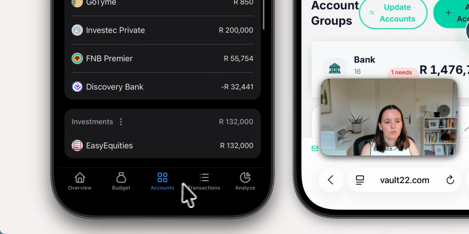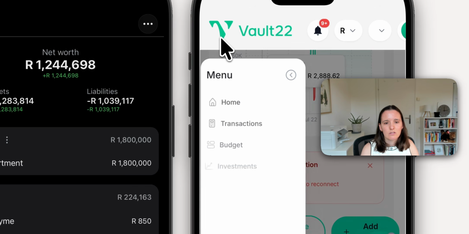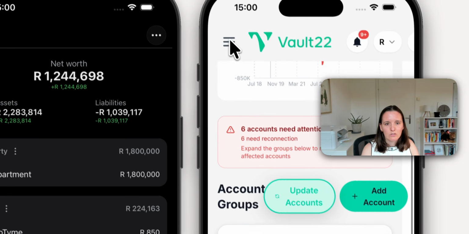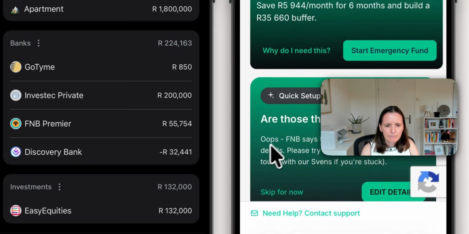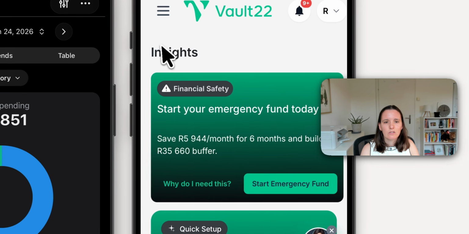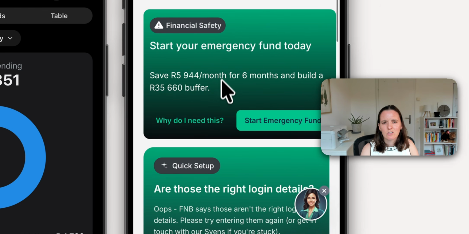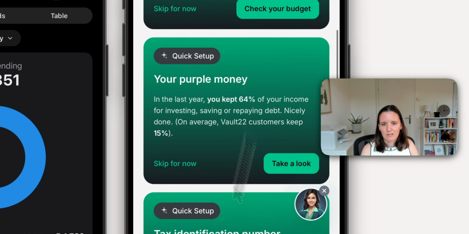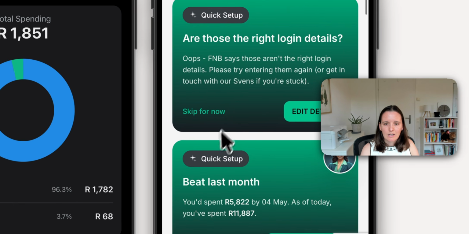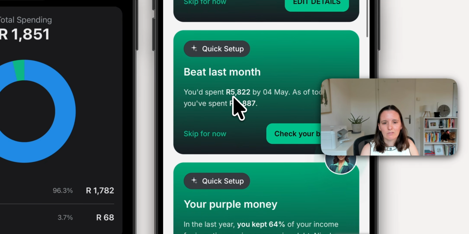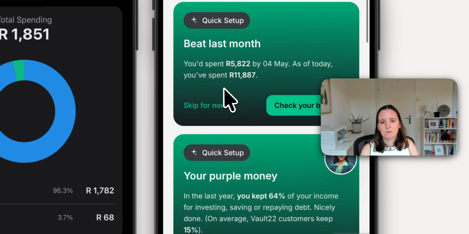Okay, great. So now we've looked at transactions. I don't know if Vault has an analyze page. So they have these insights, which I think are insights into your spending. Here they suggest building an emergency fund. I'm not sure if this is them wanting you to buy into a product or detecting that I don't have money saved. And there's definitely insights here that are helpful, looking at how much I spent this month versus last month,